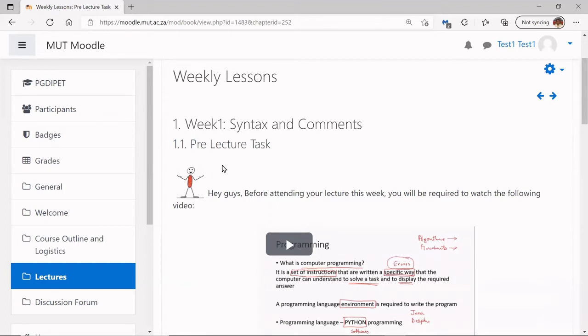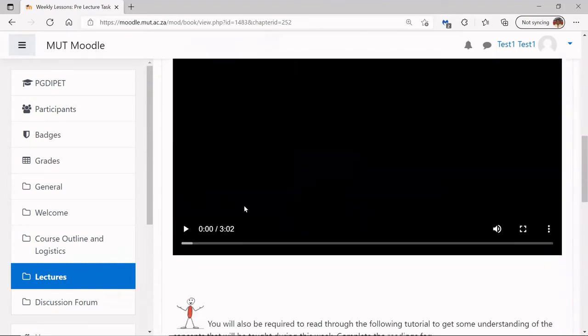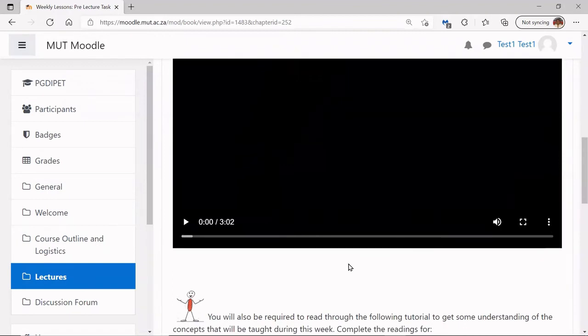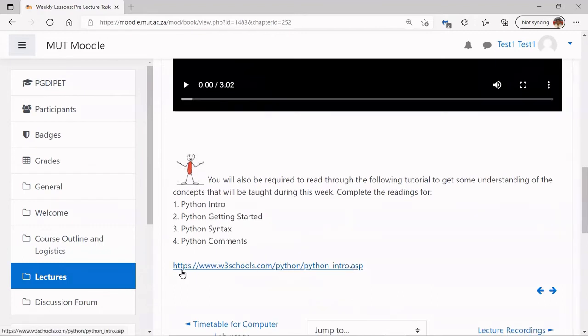And for this pre-lecture task, there are some videos that the student can watch. And as I indicated earlier, all the videos are downloadable, so students can watch them offline. There are some websites that the students will need to go to. The instructions are clearly outlined in terms of what needs to be done